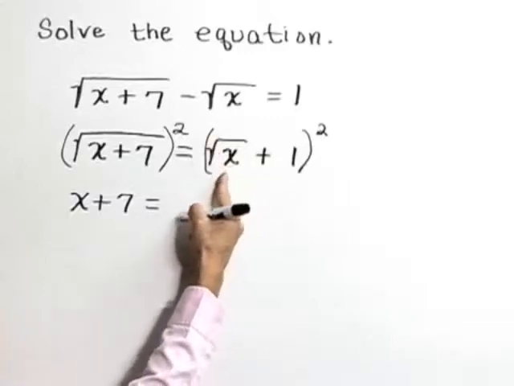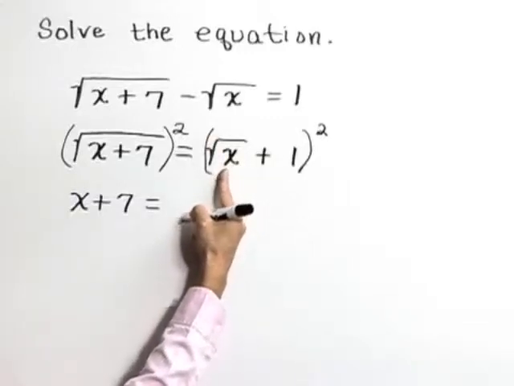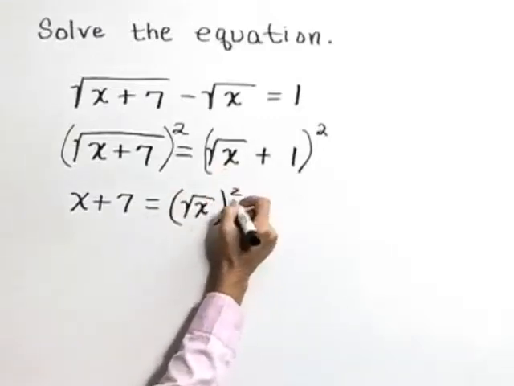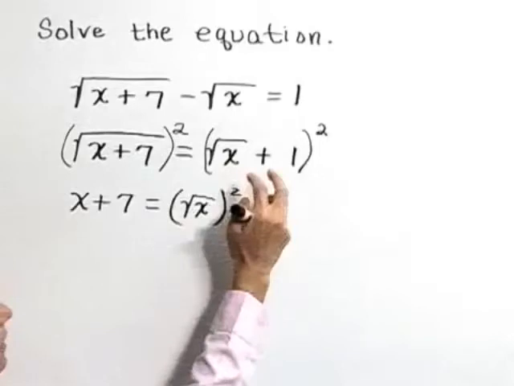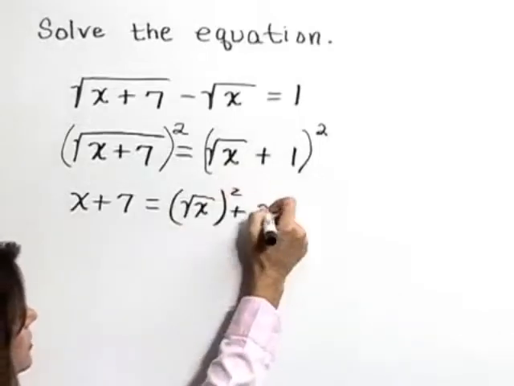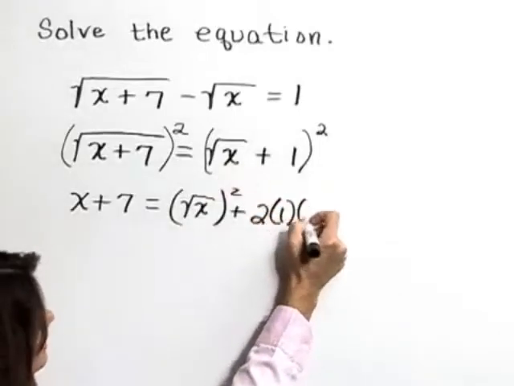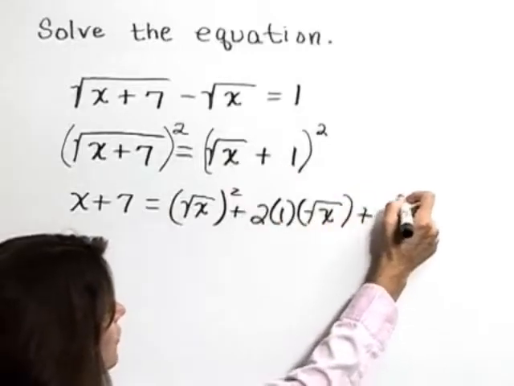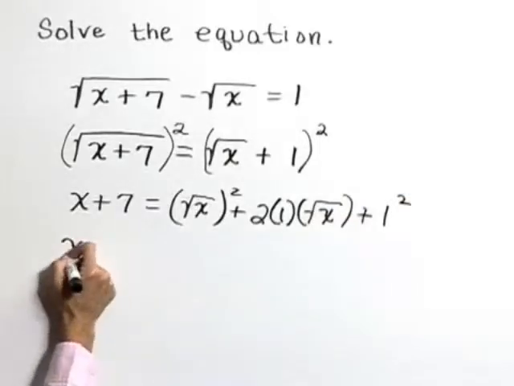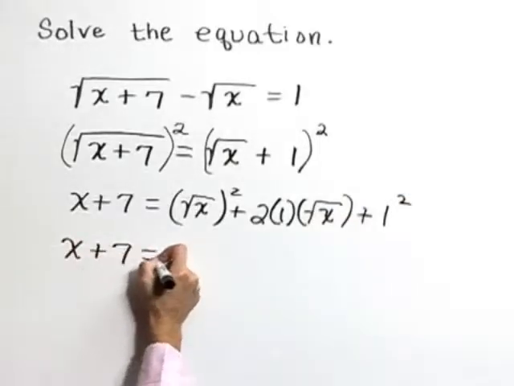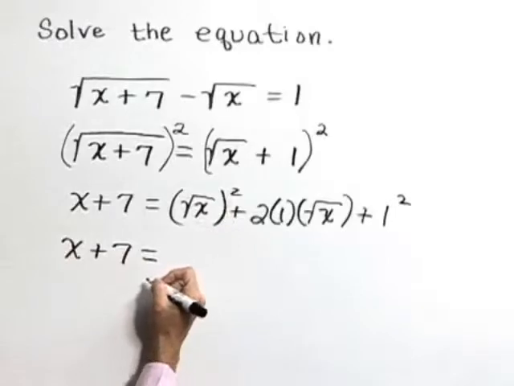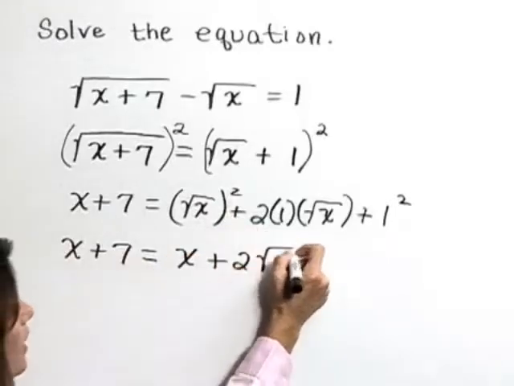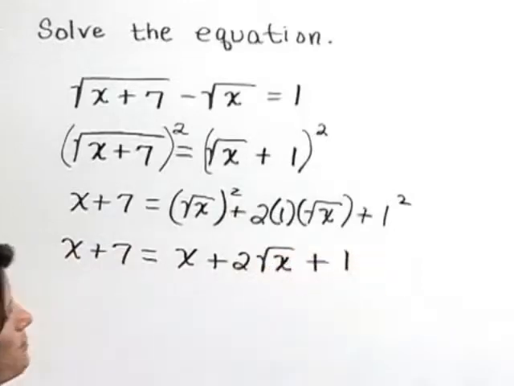That's going to take the form of our first term squared, the square root of x, quantity squared, plus 2 times the product of our terms. So 2 times 1 times the square root of x, plus that last value itself squared. So this gives x plus 7 is equal to the square root of x, quantity squared, is equal to x. Our middle term becomes 2 times the square root of x, and we've got a plus 1 there at the